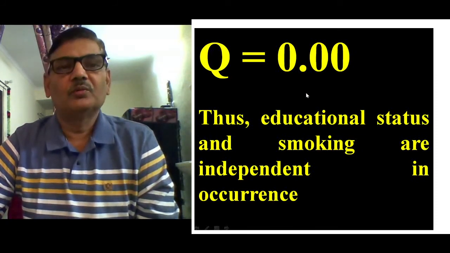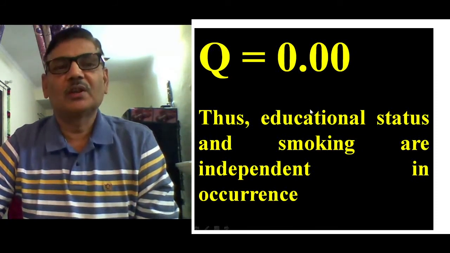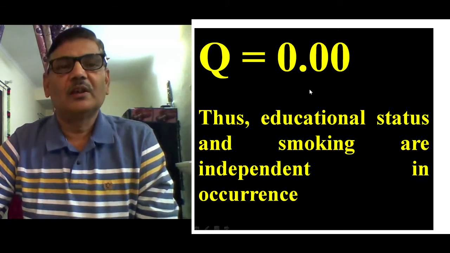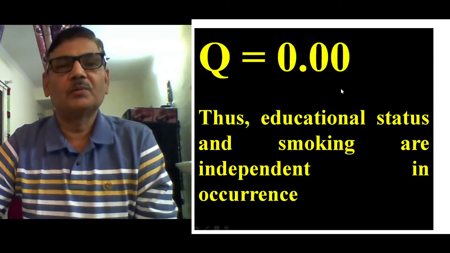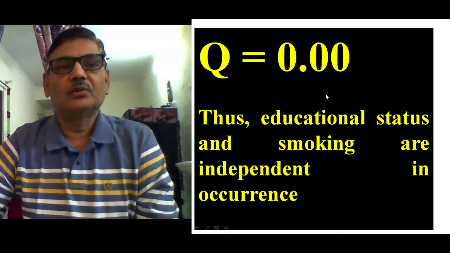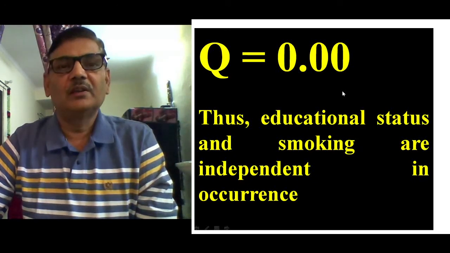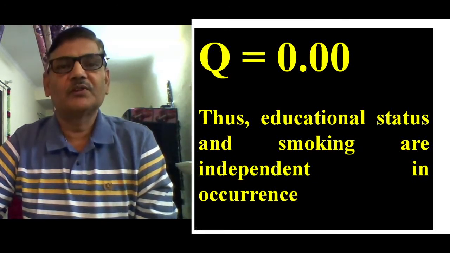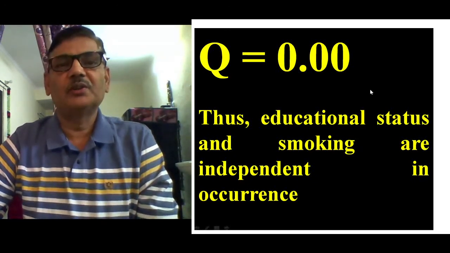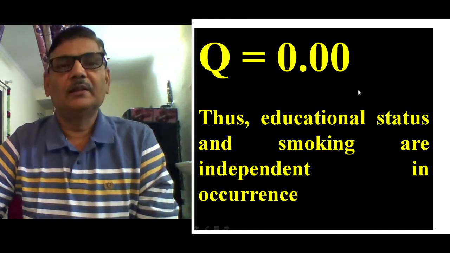So two types of association I just indicated. In the first case, there is a strong positive association, whereas in this case, there is no association at all. So this is the importance of Yule's coefficient of association. Here in this case, we actually first construct the R into C contingency table, and then we are able to calculate the Q value.